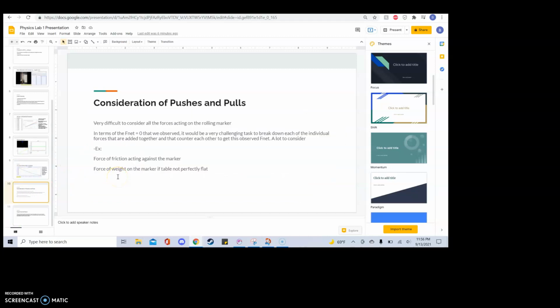In consideration of all the pushes and pulls, it is very difficult to consider all the forces acting on the rolling marker. And in terms of the F net equals 0 that we observed, it would be very challenging to break down each of the individual forces that are added together that counter each other to get this observed F net equals 0. It's a lot to consider different forces like we mentioned before, the force of friction acting against the marker as it rolls, the force of the weight on the marker if the tape was not perfectly flat, and adding up all of these together to make sure that they are